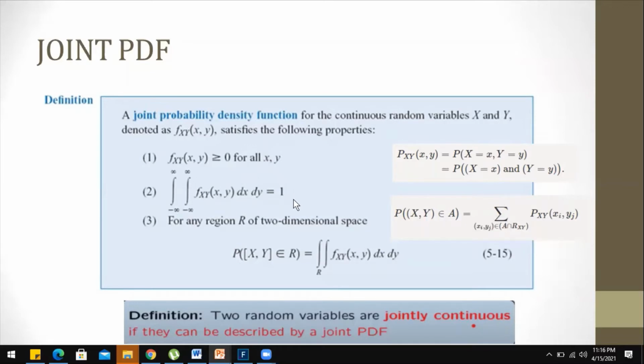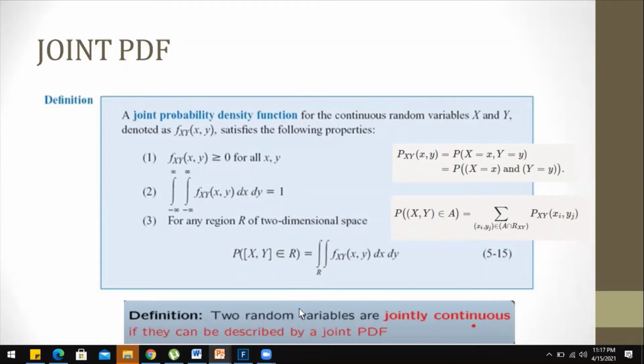Now comes this postulate, which tells us how this unit of probability is spread over the entire continuous two-dimensional plane. You will get a very clear idea once you look into the visualization of this expression. So we integrate this value over a particular two-dimensional set, and we can take this as the height of an object that is sitting on the top of this set. This is what a joint PDF does. So a legitimate joint PDF is any function of two variables which is non-negative and which integrates to one.